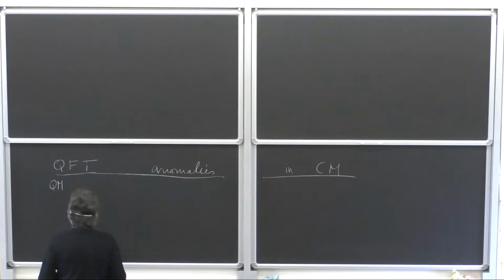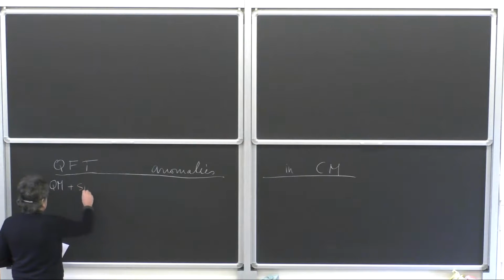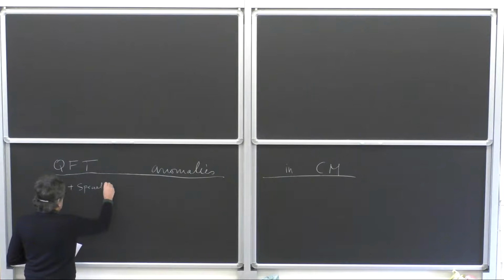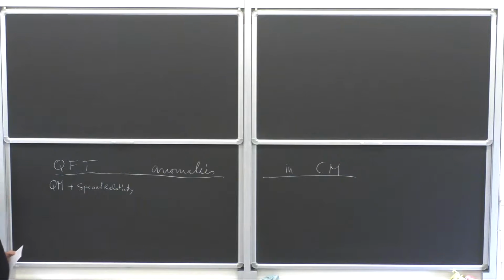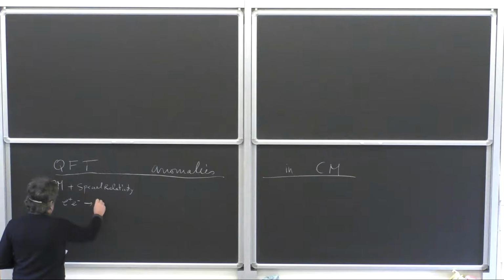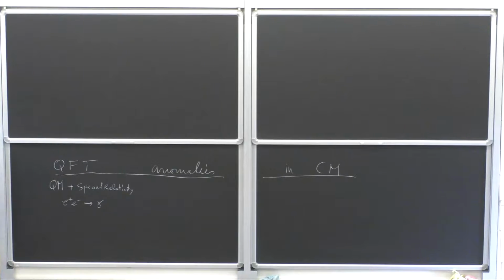So what is quantum field theory? Well, quantum field theory is quantum mechanics plus special relativity. And when is this important? It is important because you can transform energy and particles into energy, for example, e plus, e minus going to gamma and vice versa. Quantum mechanics is not good by itself because it applies to particles, so the particle number is conserved. But in this case, the particle number is not conserved. Only the charge is conserved. So when is this important? It's important at high energy, of course, when this process takes place.